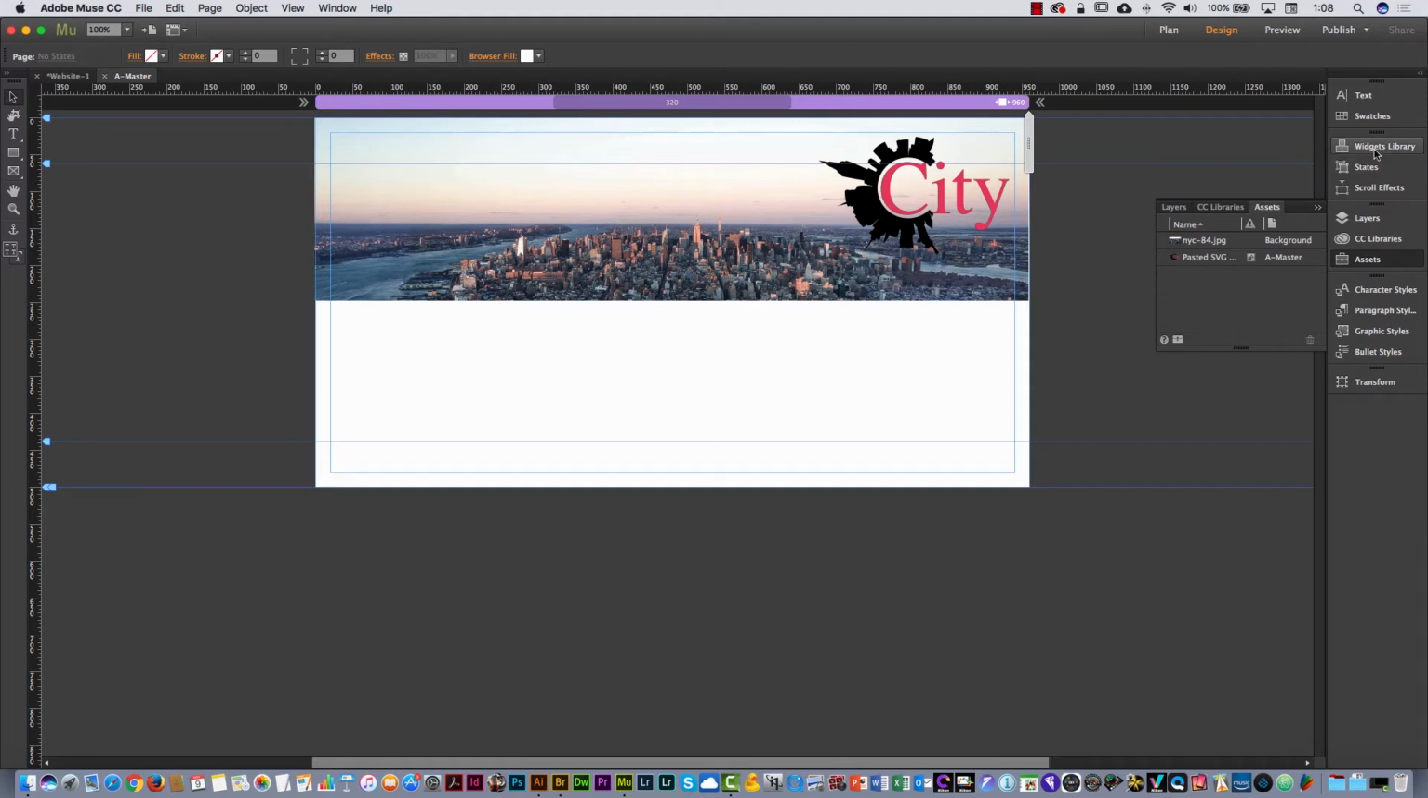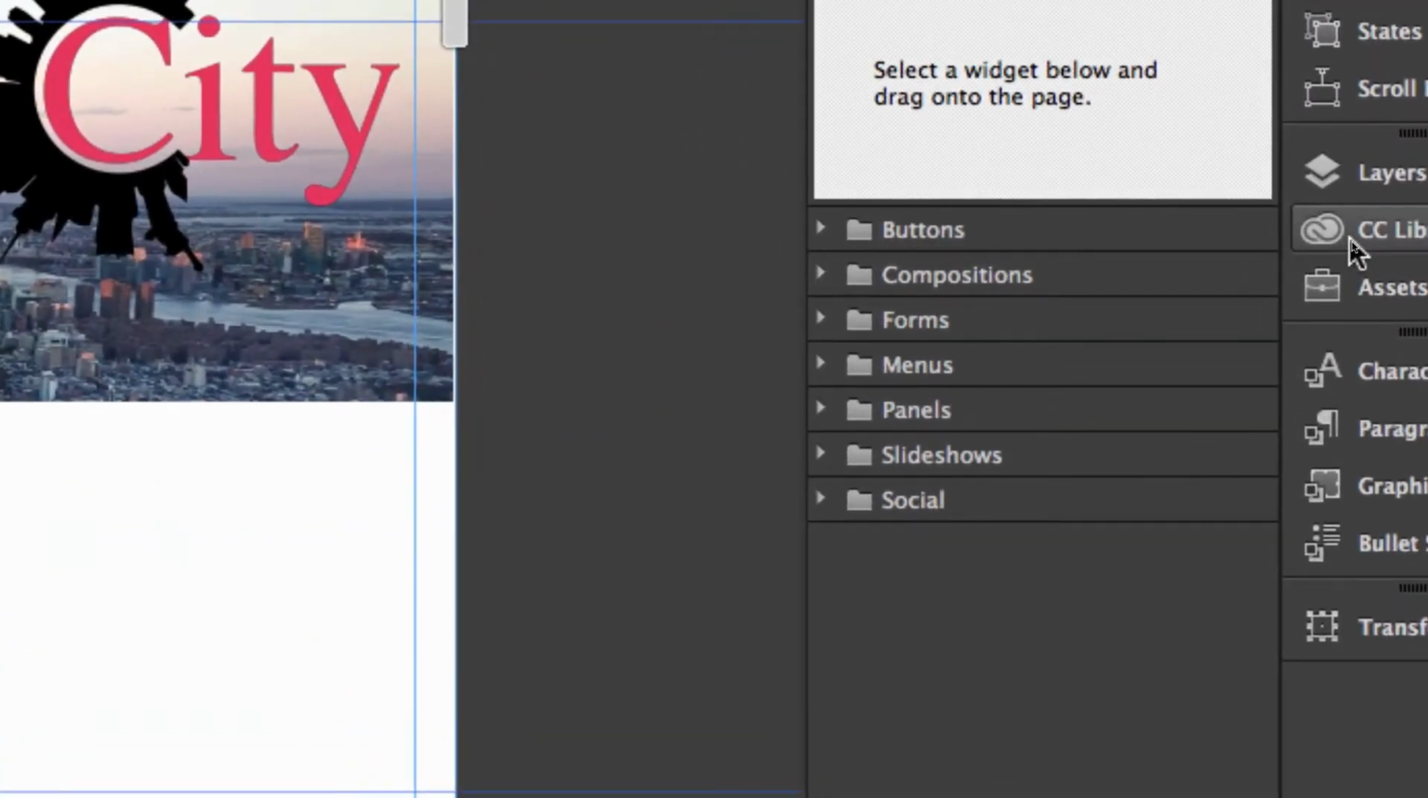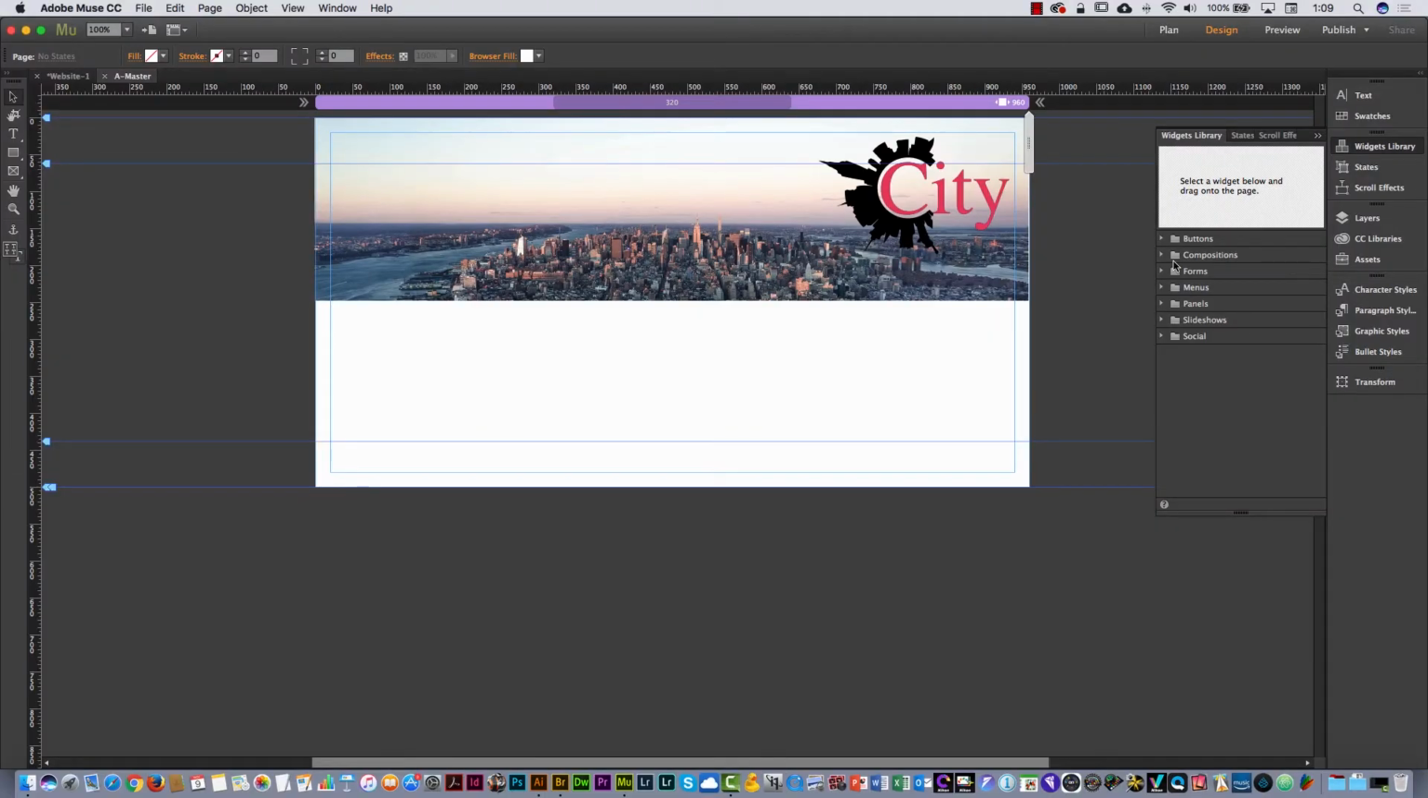Here, in that case, I can select the widget library. In the widget library you have a lot of things that you can add as functionality, different widgets. For example, if you want a contact form, a Google map, or even a menu. Let me show you. I'm going to open the part that has menus, and I'm going to drag and drop